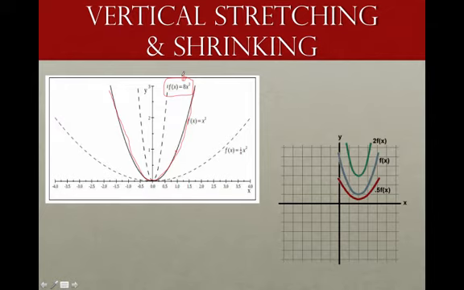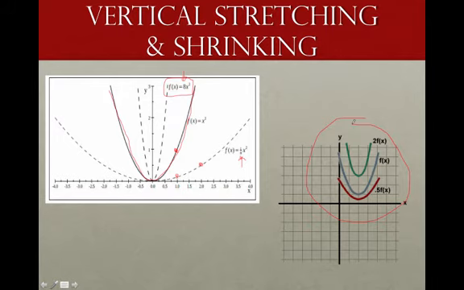It's stretching. What about if we add a coefficient of 1/8 in front of the x squared? Well, now every y value gets divided by 8. And so, again, our original point 1, 1 now becomes 1, 1/8. Our original point 2, 4 now becomes 2, 1/2. So you can see here that our graph has shrunk or opened up. You can see it again over here with these graphs, what 2 versus 1/2 does to